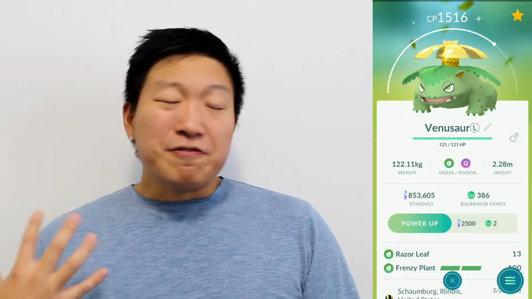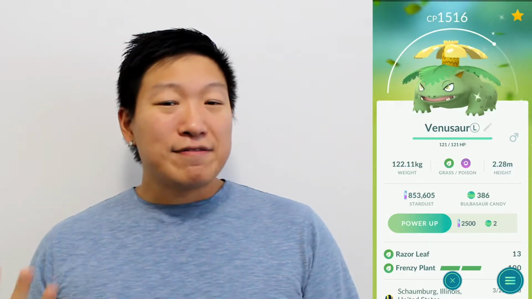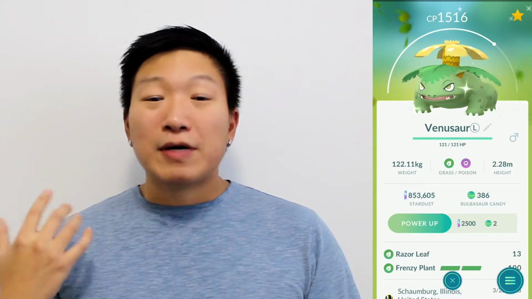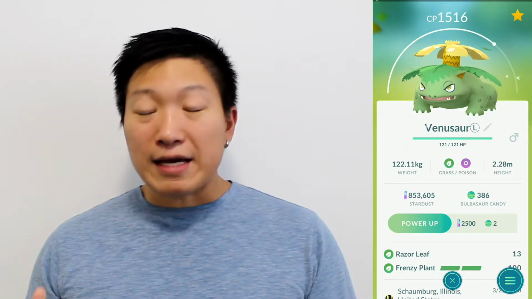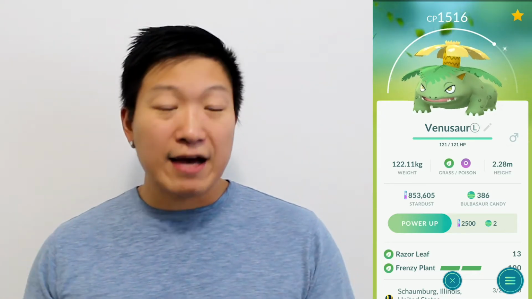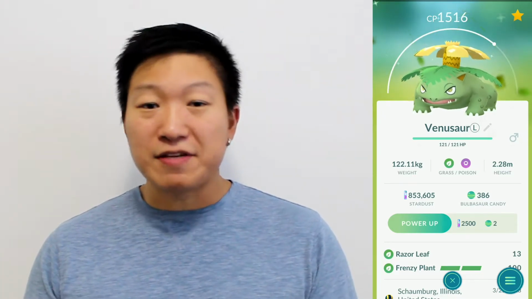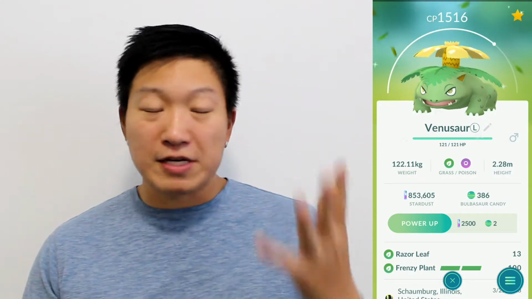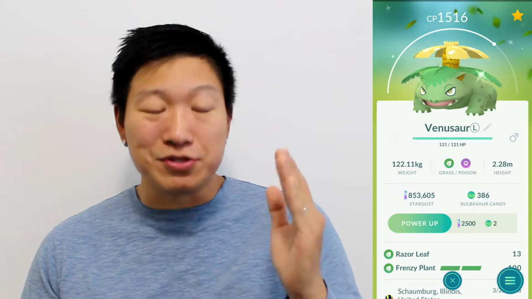on hand. So if you do not have a really high IV Bulbasaur to evolve into Venusaur for Frenzy Plant, this is something you will want to focus on during Community Day. And of course, if you already have a whole bunch of really high IV Bulbasaurs, farm up those candies during Community Day so you could pick up Frenzy Plant, because this is definitely a move you do not want to